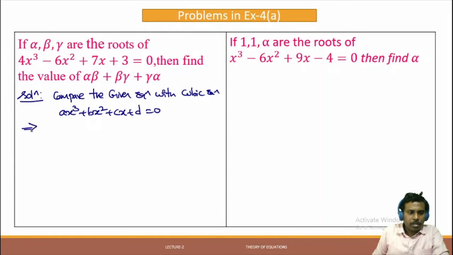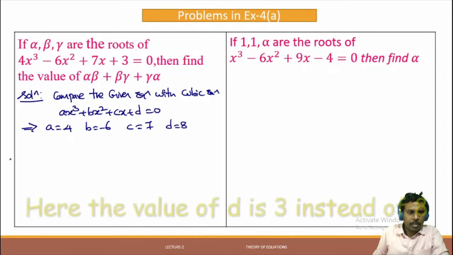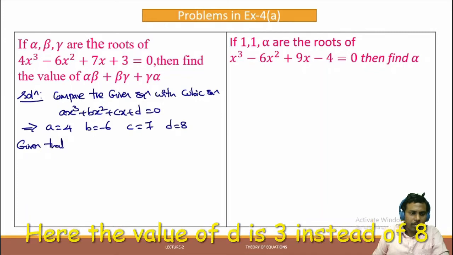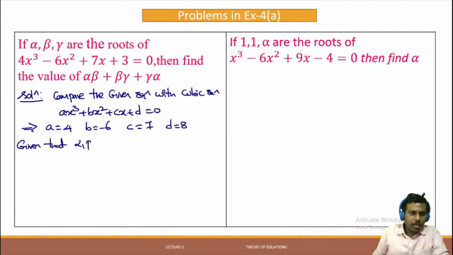So this implies A is equal to 4, B is equal to minus 6, C is equal to 7, and D is equal to 8. Now, given that alpha, beta, gamma are the roots of the given equation,